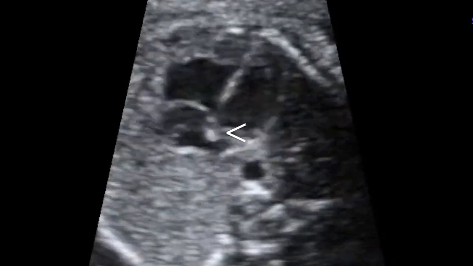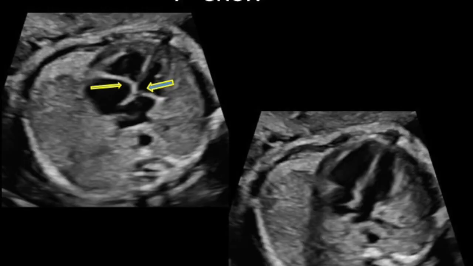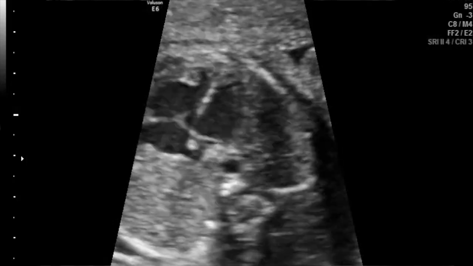The crux of the heart is this central point where the atrioventricular valves, the interventricular septum, and the interatrial septum are all meeting. When the valves are open, you don't see the crux very well, but when the AV valves are closed, you see this particular portion very well. And whenever the crux is missing, you can make it out very well. As you can see here, when the valves are open, you see one big hole in the center of the heart. And when the valves are closed, since it is a single valve, it forms one straight line and the apical offset is lost.